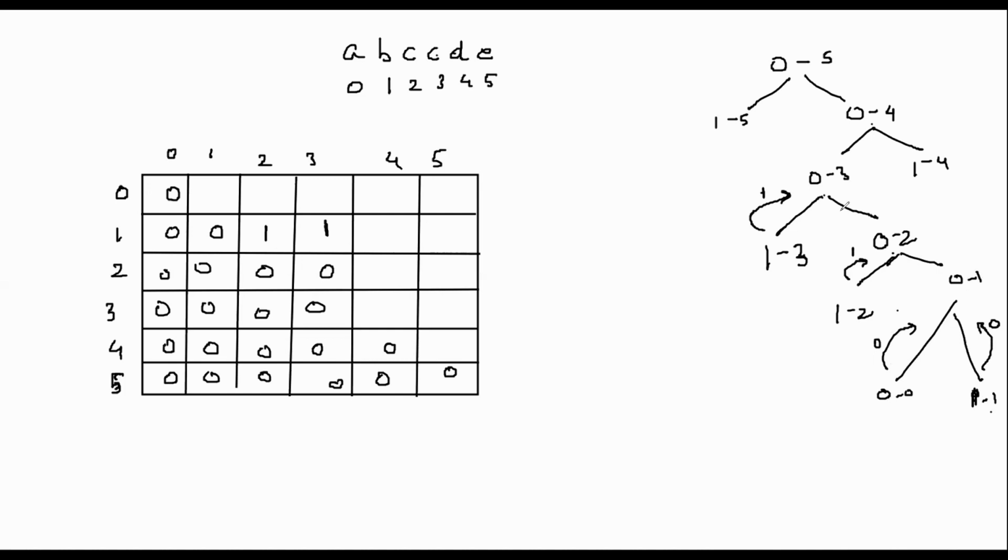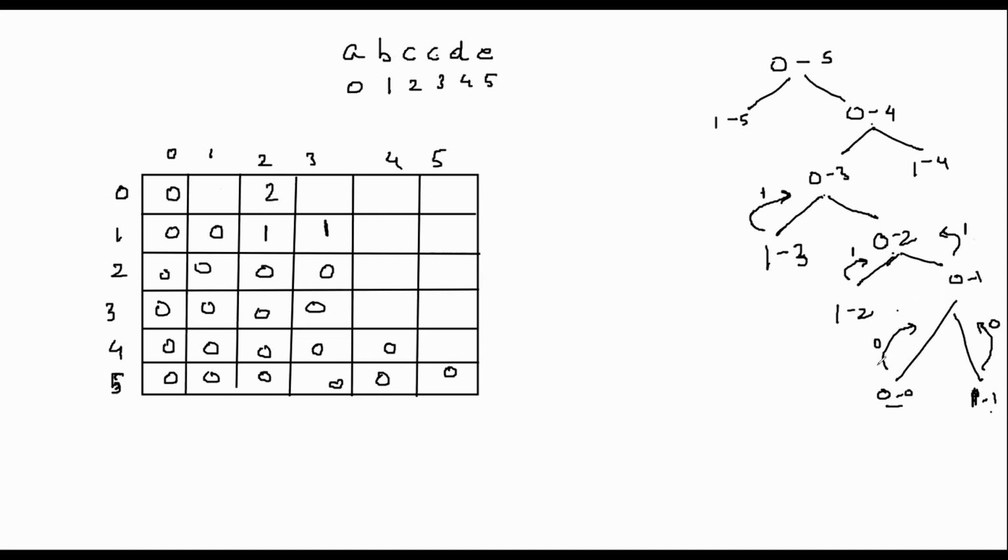Now for 0 to 1, we made one insertion, and that's when we got these two branches. So my answer would be 1. For 0 comma 2, we actually made one insertion and then subdivided, so the minimum among these is 1, and 1 plus 1 is 2. So the stored answer for 0 comma 2 is 2.